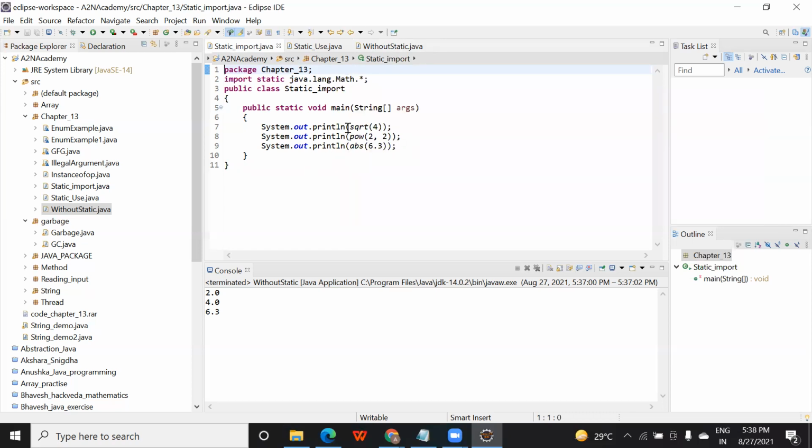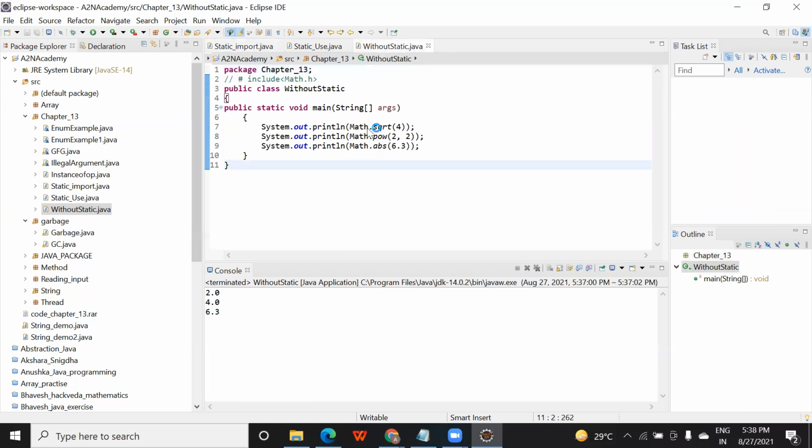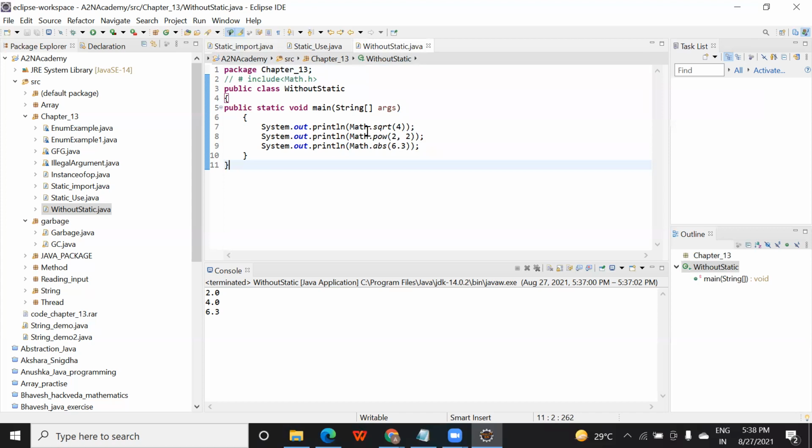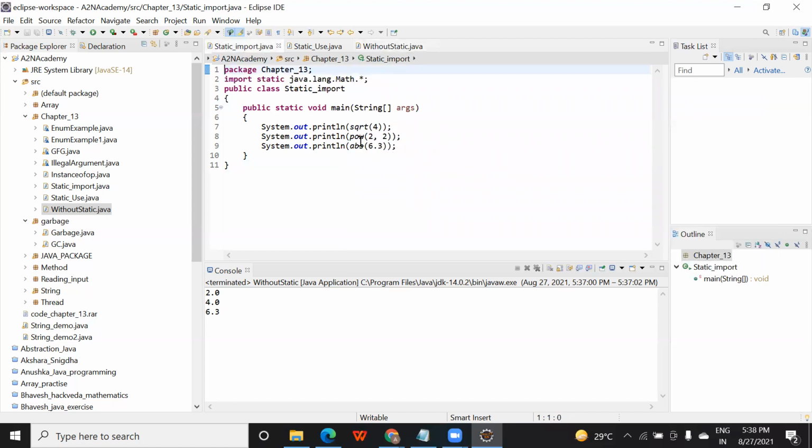So now you don't need to add math here. Here we are adding math because we are not adding the library here. That's how your compiler will know that this is a math function you are using. But here we have added it at the start, so that's why you are using it. Are you getting it? Anushka, Narayan, is it clear?